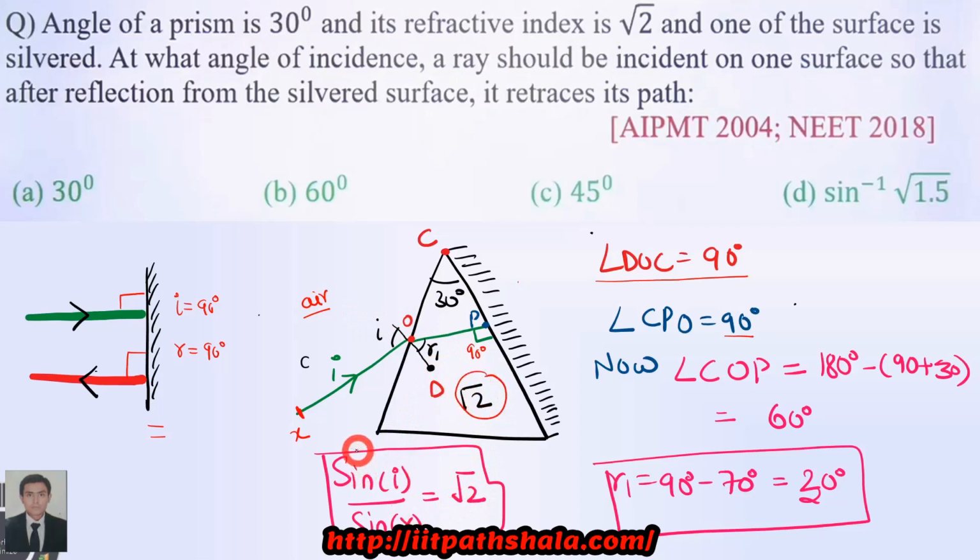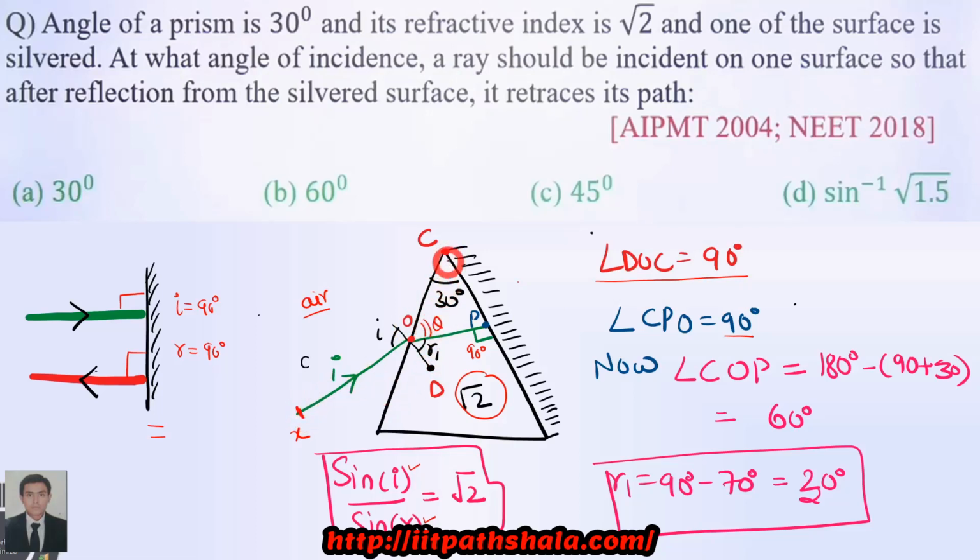Okay, but now you have neither I nor r. You have to find I, but you do not have r. So in order to find r, you can employ the following angle DOC, which is nothing but an angle of 90 degrees. And DOC will be a sum of this angle R1 and this unknown angle theta over here.